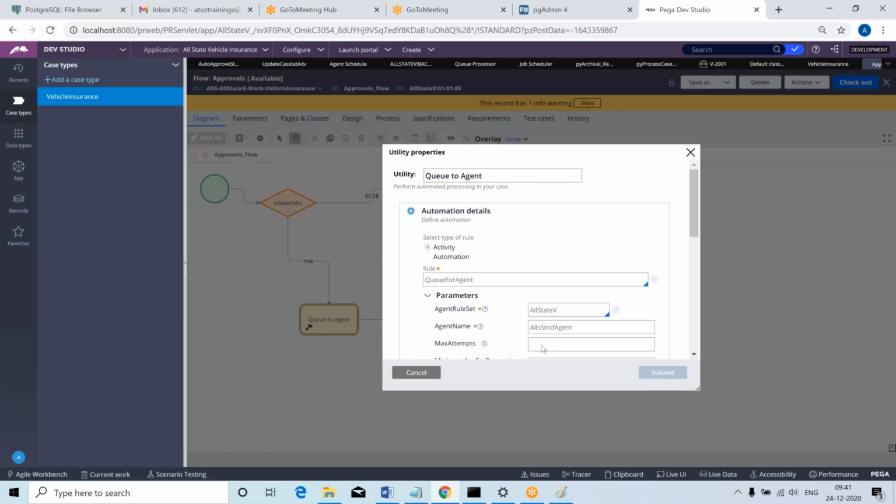Here you have max attempts; by default nothing. Nothing means 1. It will take 1. I can enter the value 10 or 5 or 3 or 2, it's up to you. If you are not mentioning anything, it will be 1. Suppose I say max attempts 5, what will happen? It will retry 5 times. Yes, in case of failure.